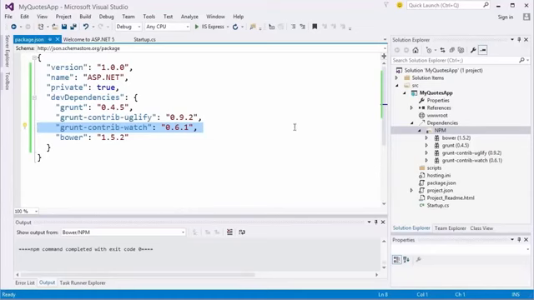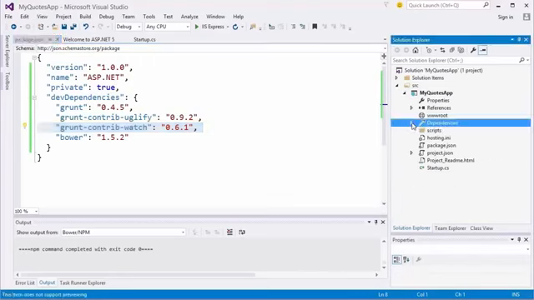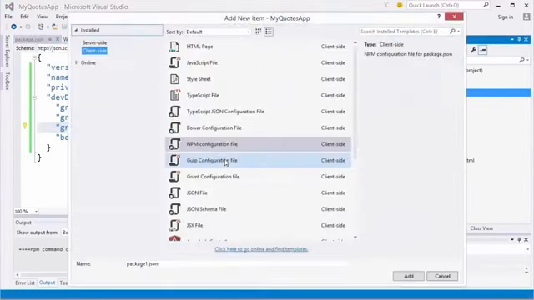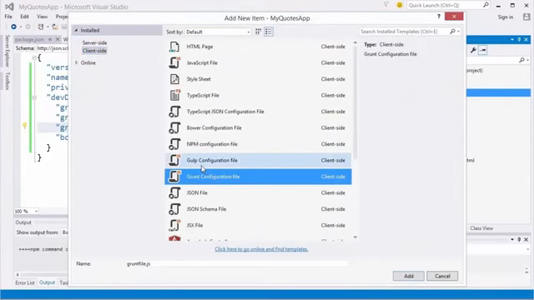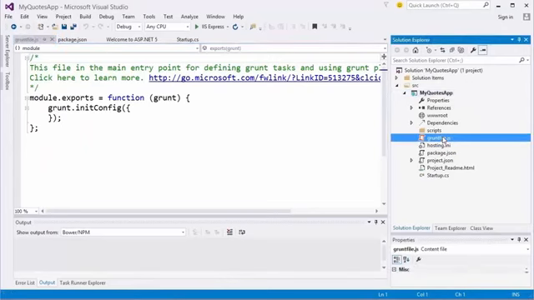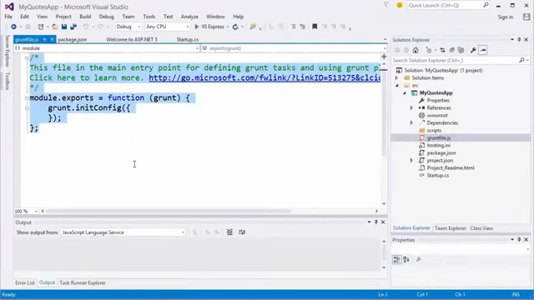I can do that by using a Grunt configuration file, and I can create one of those by right-clicking on my project, going to Add New Item, and selecting Grunt configuration file from the client side section. Now I'm going to leave the name as grunt.js and add that file. And immediately you'll see where it shows up in my Solution Explorer, and we're looking at this JavaScript file here